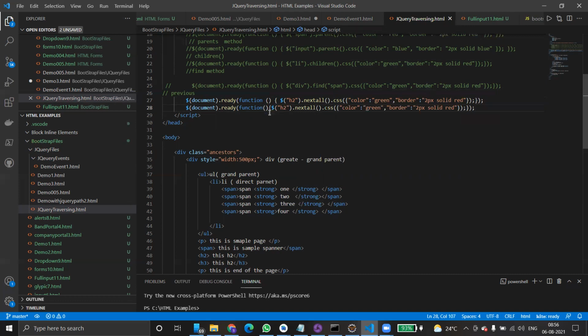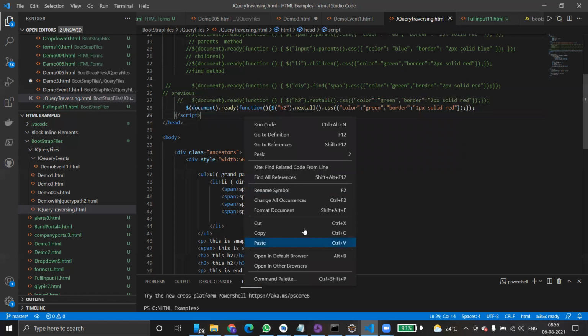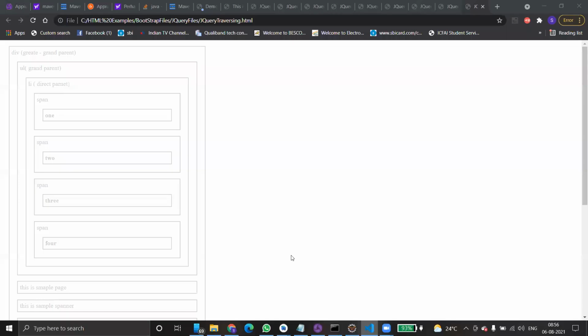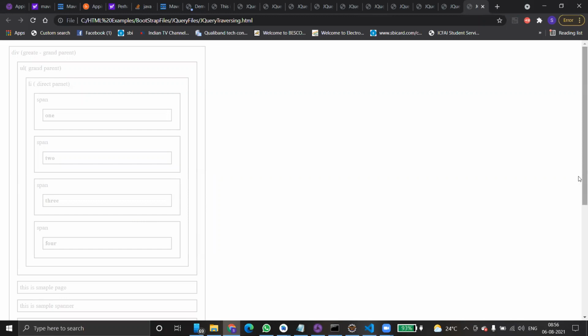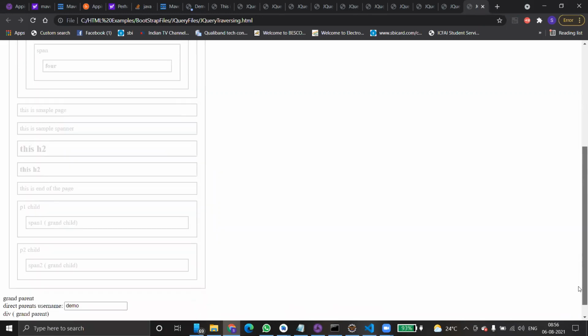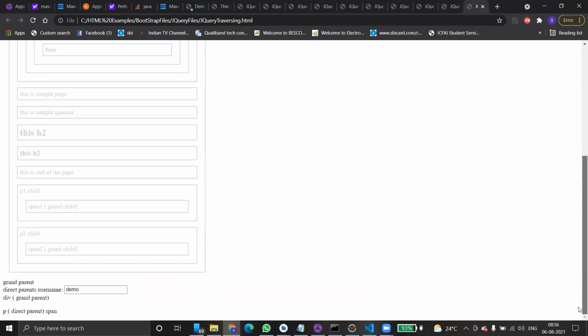Have we made any mistake here by any chance? Control S, just right click, default browser. I'm expecting the header is there, right? That should be reflected. So where is the header? These two values have to be changed.